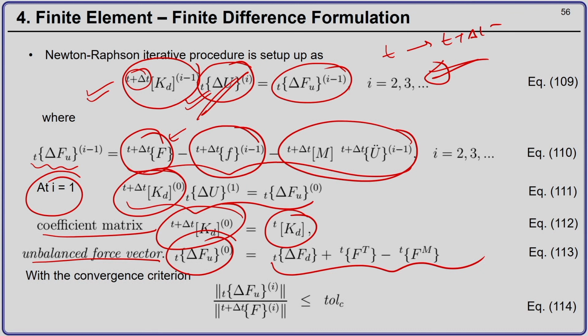Now, regarding the convergence criteria that we use, we had discussed 3 types of convergence criteria. So, we use the norm of the residual unbalanced force vector divided by the norm of the external force vector at time I, and if this is less than the specified tolerance, which the user will give, we can get the solution. Not always, but in the correct setting you will get the solution.